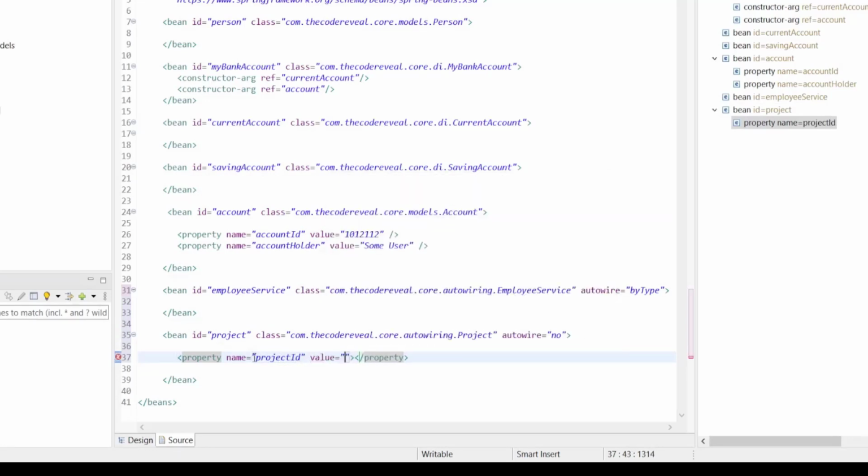Value we can give here 1012. Let's add one more property here.